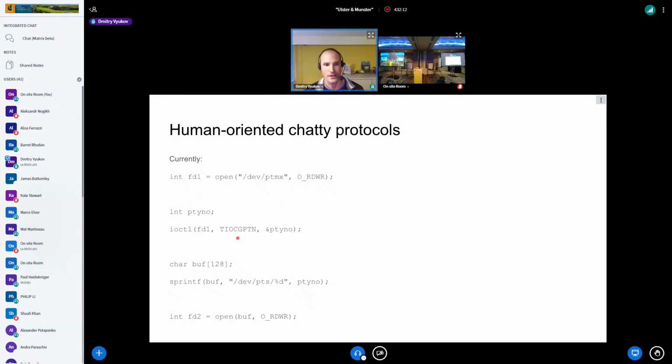Then you need to call an ioctl which gives you an integer, and then you need to convert this integer to a string to form a file system path. And then you open this path, and this gives you a handle to the second file descriptor. And this sequence is like